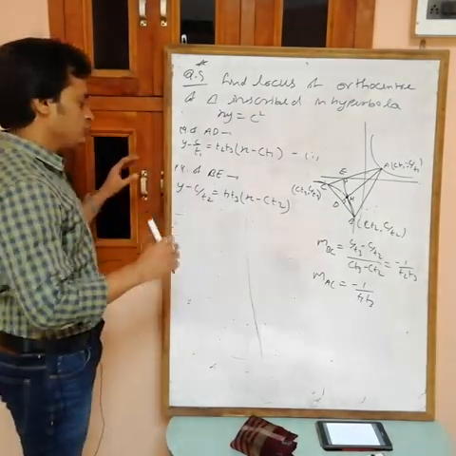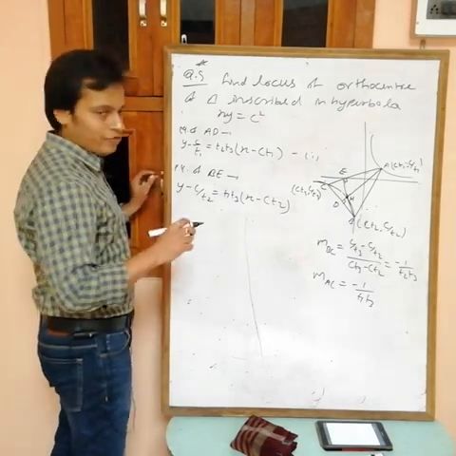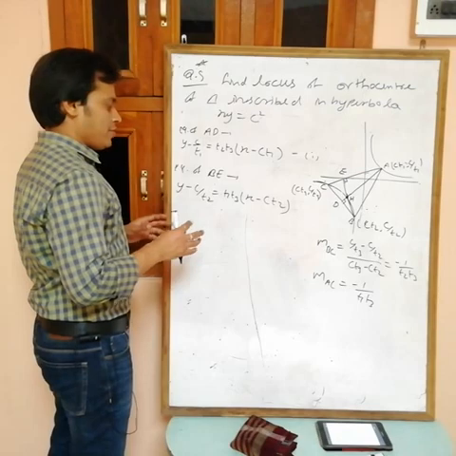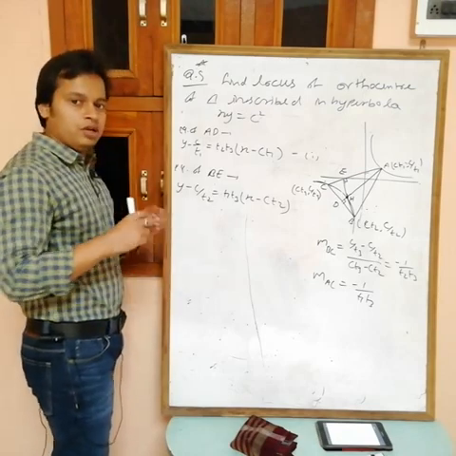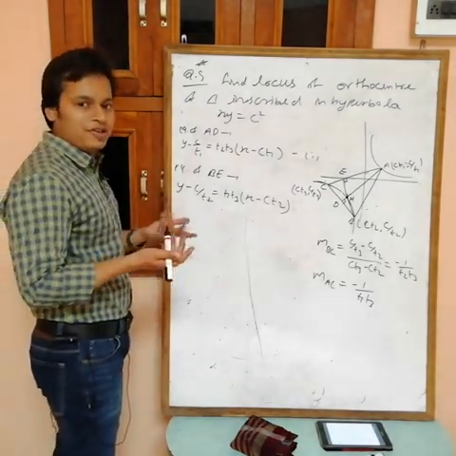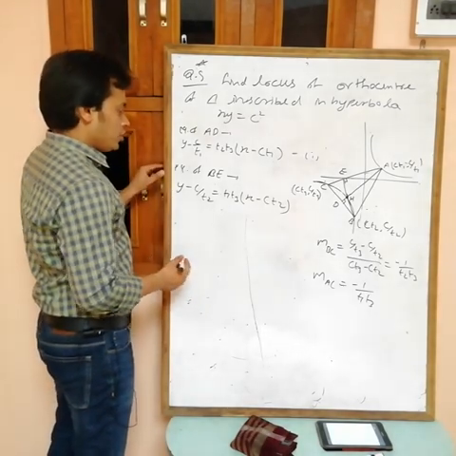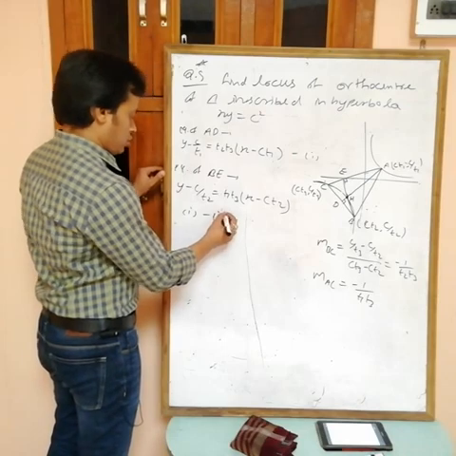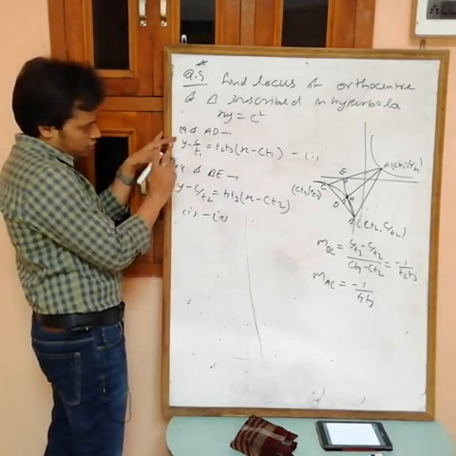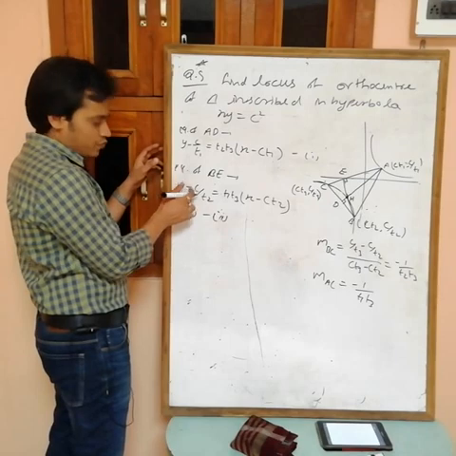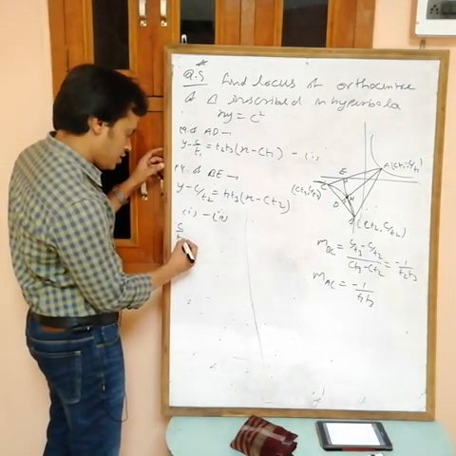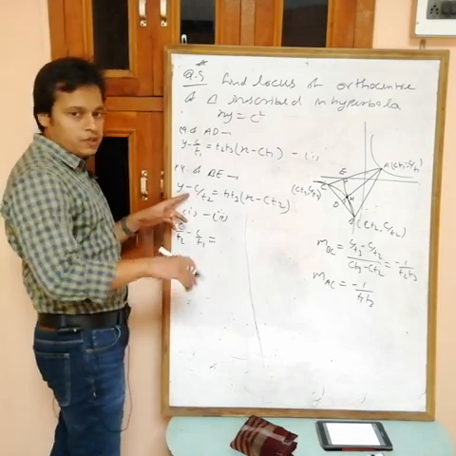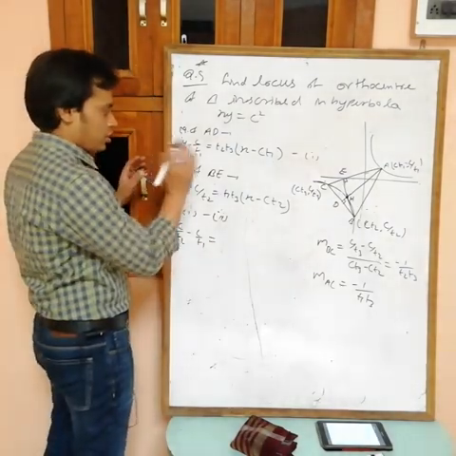So how to solve? We want the value of x and y now. Point of intersection, locus. At this time I will find the value of x and y, then just find the locus relation between x and y, that becomes the locus. So how to solve? First minus second. If you take this one minus this one, y cancels out, and minus minus becomes plus, then you will get C by T2 minus C by T1, because if you subtract this one, then negative becomes positive, and this remains negative.